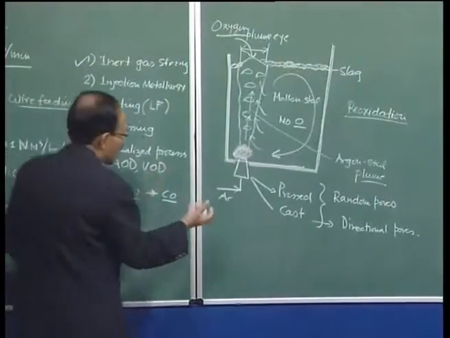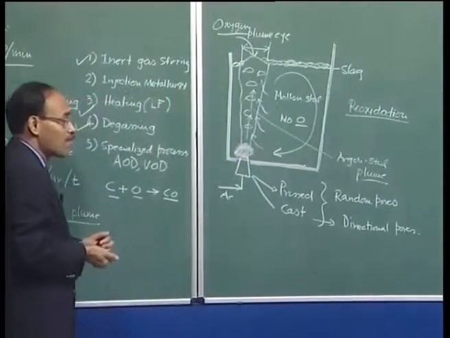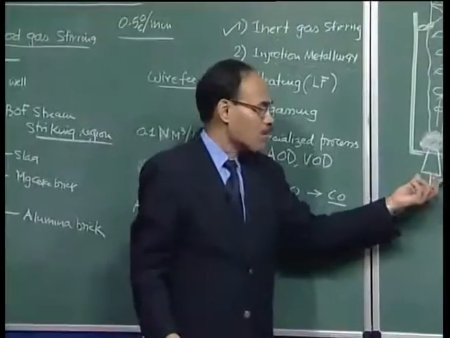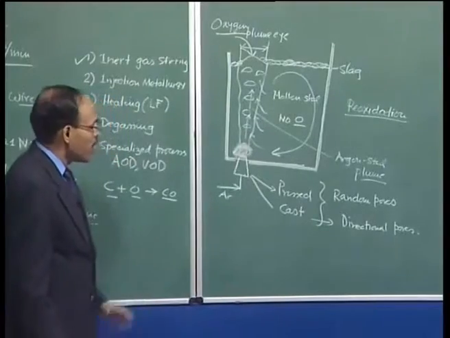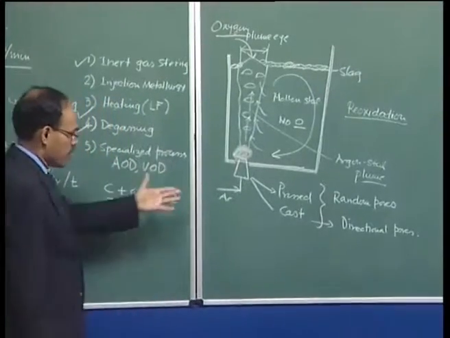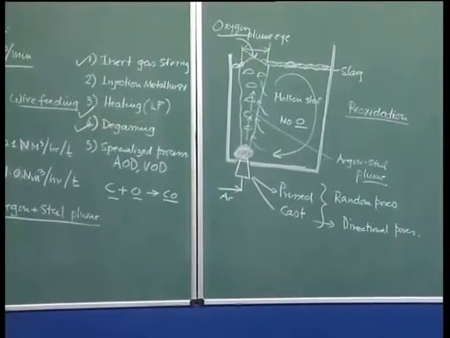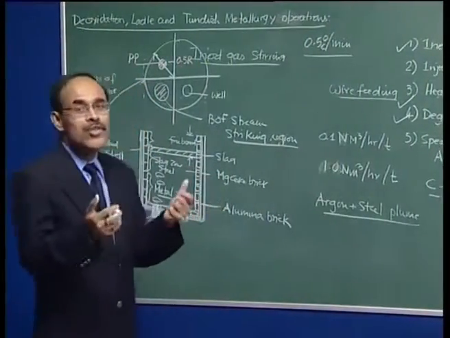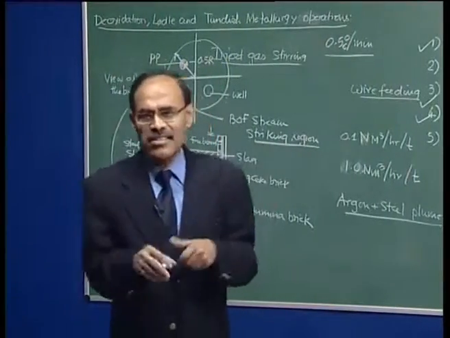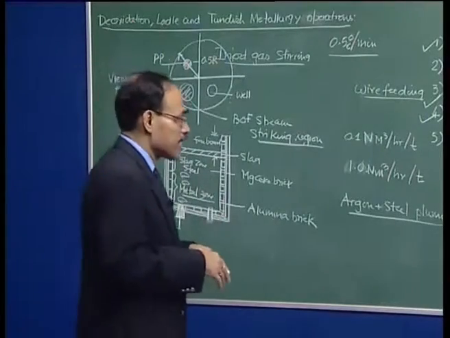It is only important for us to know that we require a refractory material which can sustain for a long time. We cannot afford to replace this porous plug every heat. So, it has to sustain 8 heats, 10 heats, 12 heats depending on the requirement, and we have various techniques, which have different performances as far as argon injection is concerned. So, we can have 2 plugs, we can have 1 plug. 1 plug would be used for typically a 50 ton, 100 ton, 130 ton size ladle. 2 plugs would be used when we are talking about 300 ton or 500 ton ladle size and so on.